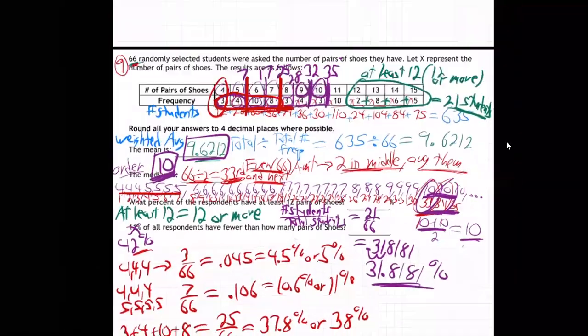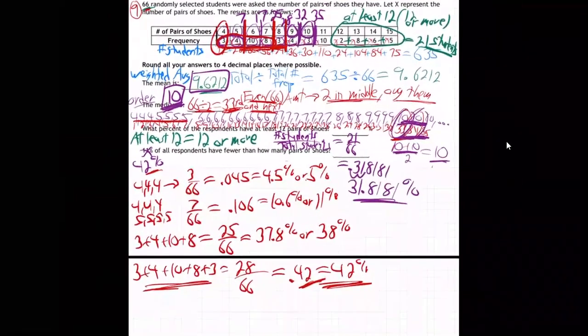Where's that? 3, 4, 10, 8, 3. That stops right here, right? See it down here? 3, 4, 10, 8, 3. Those are the number of students that have what? 8, 7, 6, 5, or 4 pair of shoes. So I finally found that percentage that they're meaning, these people in this zone, whoops, I went too far. These people right here have